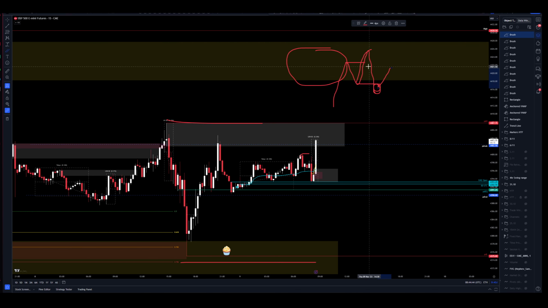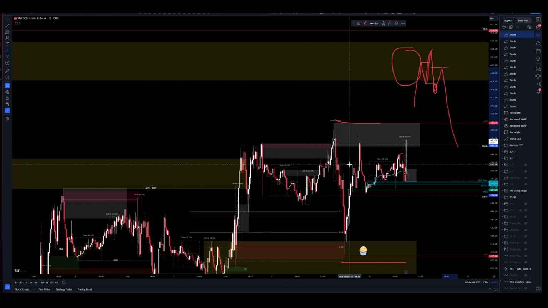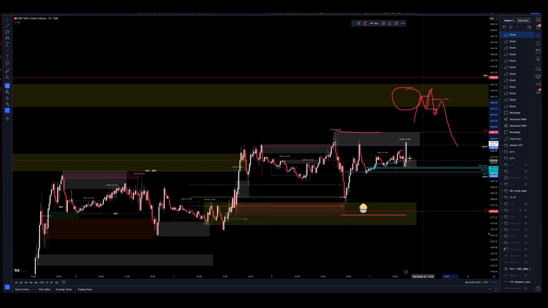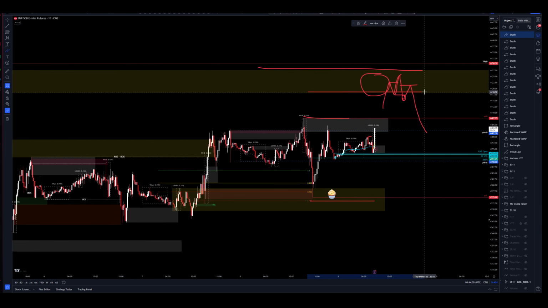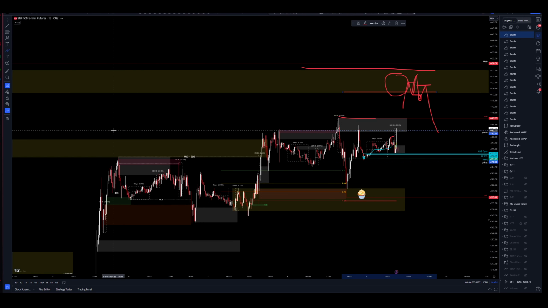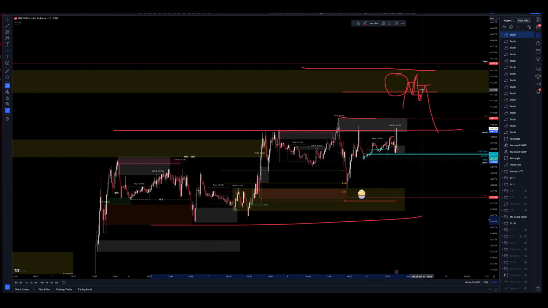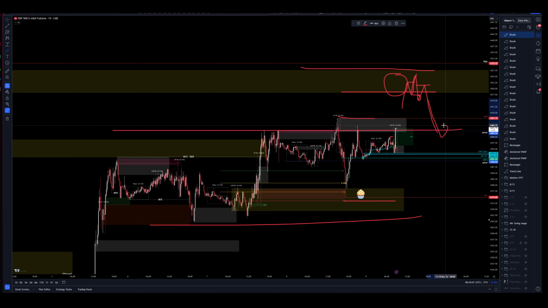Then I would want to see a retrace, and I want to get short then to target back into this zone. So essentially, you could look at it as this is a potentially new zone to be playing within, and this is the old zone we were playing within. So if you do get that reversal, you could be looking down into these regions for another long.